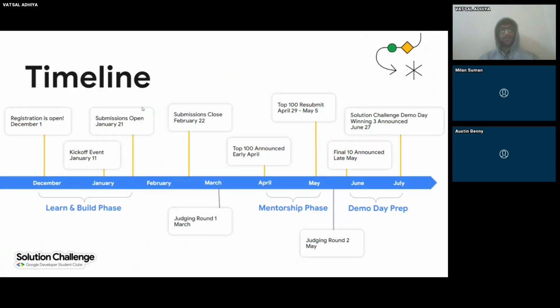So this is the timeline. The registrations have already opened from December 1st. The kickoff event will be held on 11th January, and currently it's the learn and build phase. The submissions will start from 21st January and it will close on 22nd Feb, and the judging will begin from 1st March. So even if you submit early, it's good for you as you can make changes to your submission as many times as you want before 1st March, but you have to submit it between 21st Jan and 22nd February. The results will be announced in early April, sorry, and then mentors will be allotted from